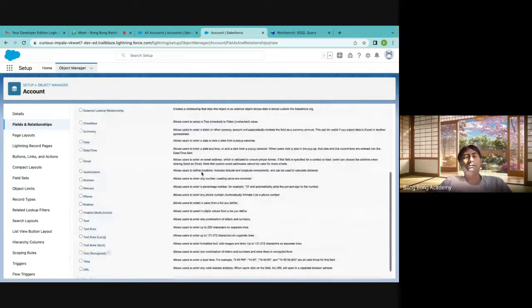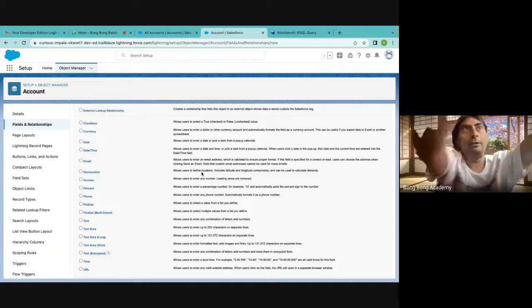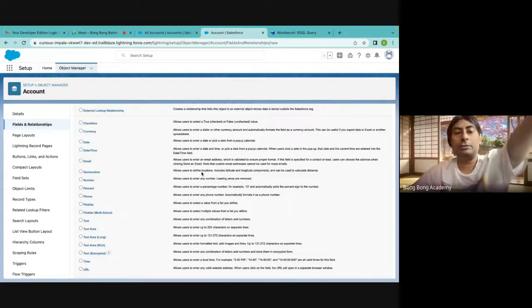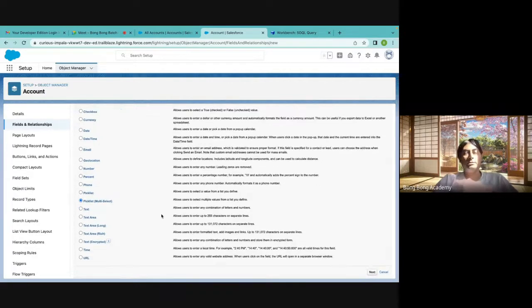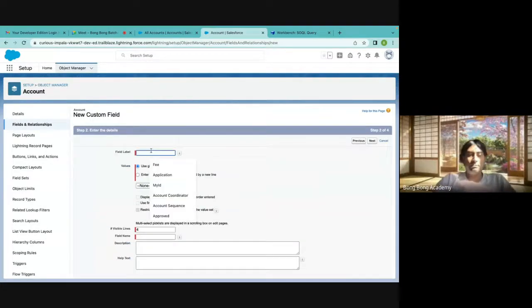Now pick list means one value that can be selected out of many values which you have given. Every value is given on a new line, right? Value 1, then I pressed enter, went to the new line, and gave another value. That is how I'm giving all the values of a pick list. But there is also another thing which is called multi-select pick list. In pick list, you can only select one value. But if you want to select more than one value, you can also do that using multi-select